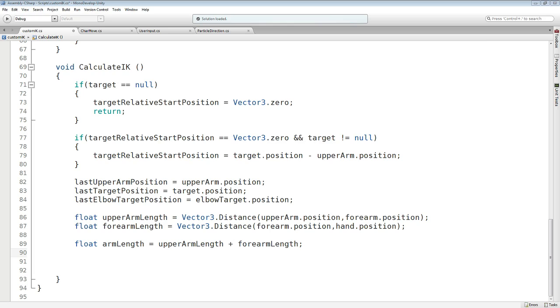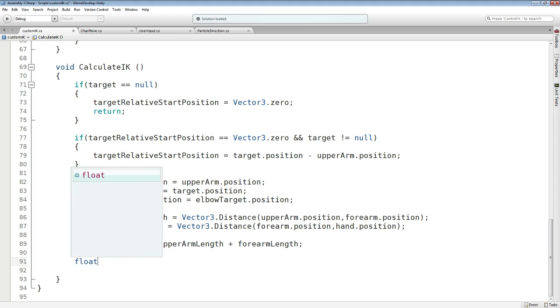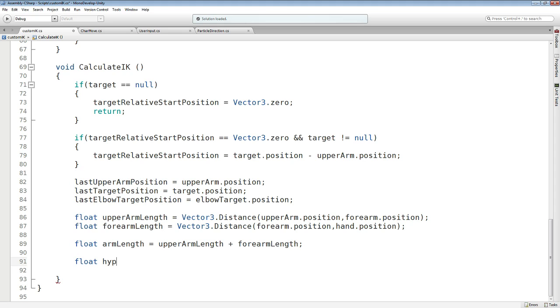If you Google hypotenuse in trigonometry, you understand what this is, if you don't know already. So in this case, a hypotenuse is our upper arm length,